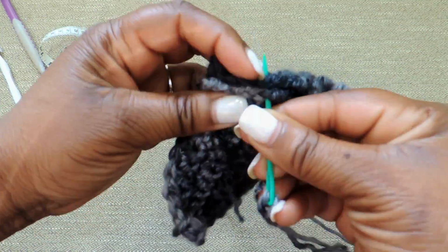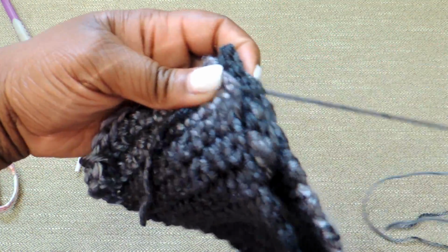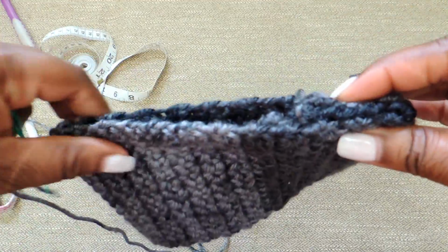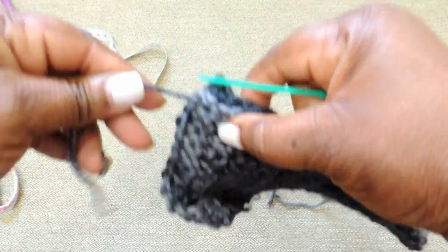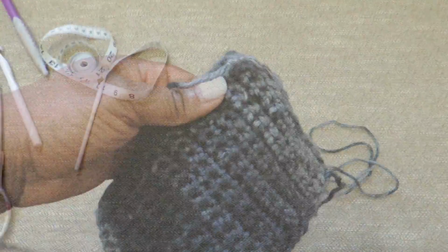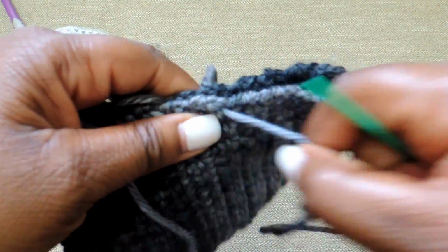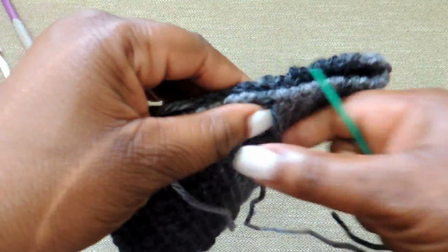Okay, and what I'm doing here is I'm just sewing all the way down the bag, down the front, the crochet fabric. I sew all the way to the end, and then I go right back up. So I'm actually doing 2 stitches. I go down and then I go back up. Okay, and that's just me showing you how I sewed the back together. Because this is a bulky yarn and a yarn needle, it sews up very, very easily. Okay, and then once you have both of your sides sewed down, or closed,